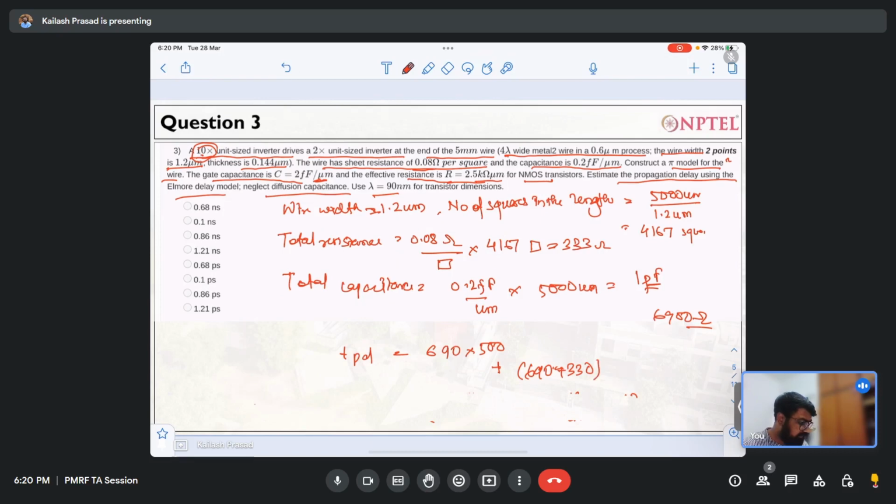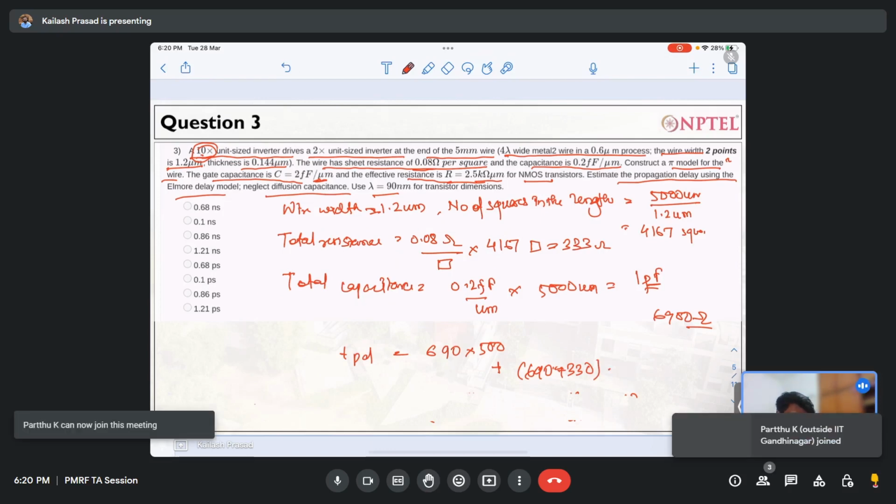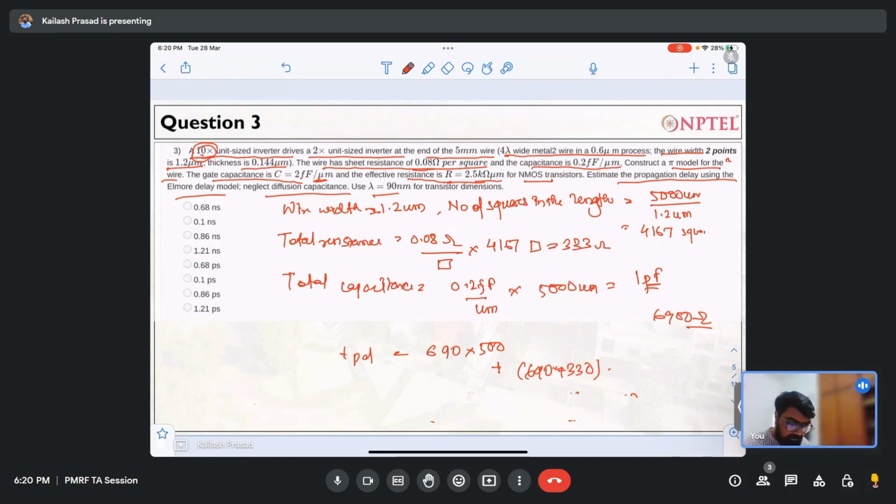Okay, so that's the resistance which we have calculated earlier, and then it will be multiplied by the total capacitance. So if you see the total capacitance over here, this will come around, so this is 500 femtofarad plus 500 femtofarad plus 4.4 femtofarad. Okay, and once you calculate this, you will get 0.86 nanosecond. Okay, 0.86 nanosecond, this is the right answer. So this is question number 3. Okay,